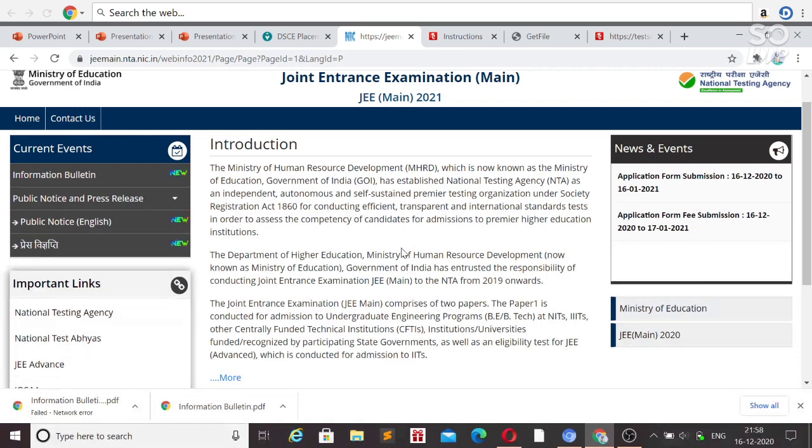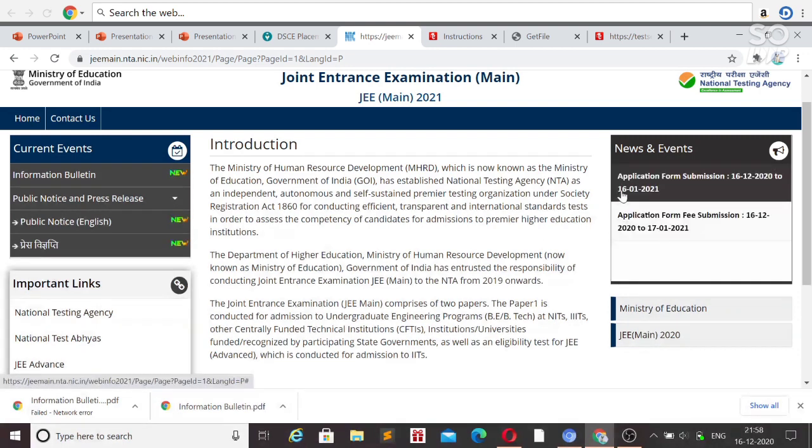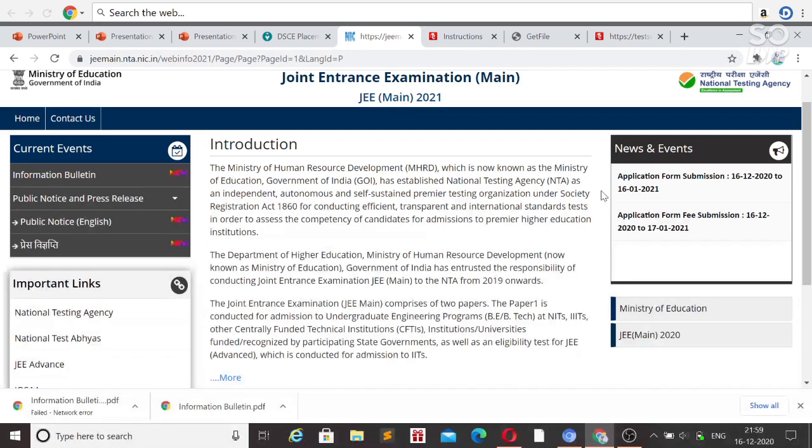And here you can see the application form submission will run from 16th December to 16th of January, and you can pay the application fee till 17th of January.